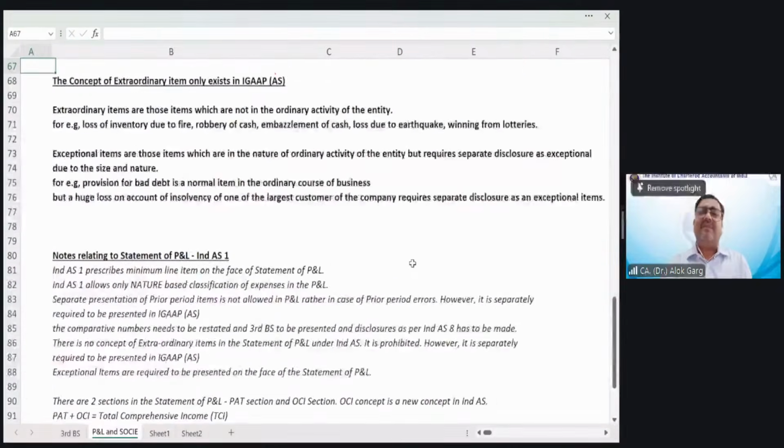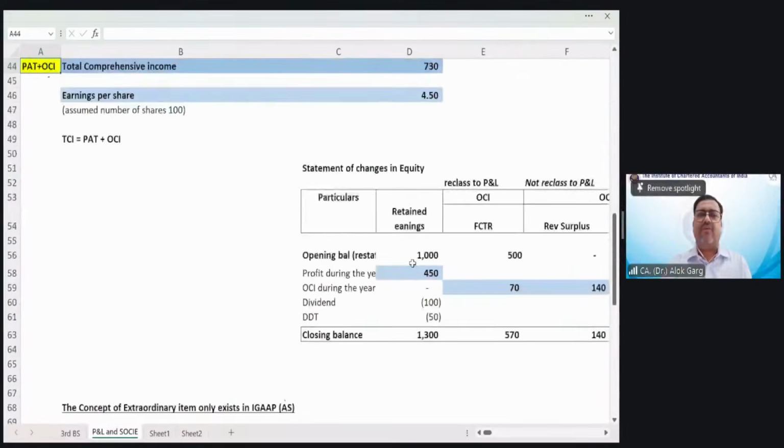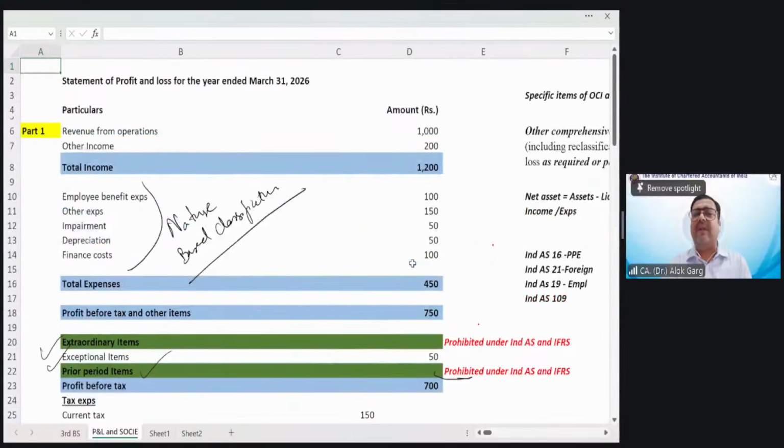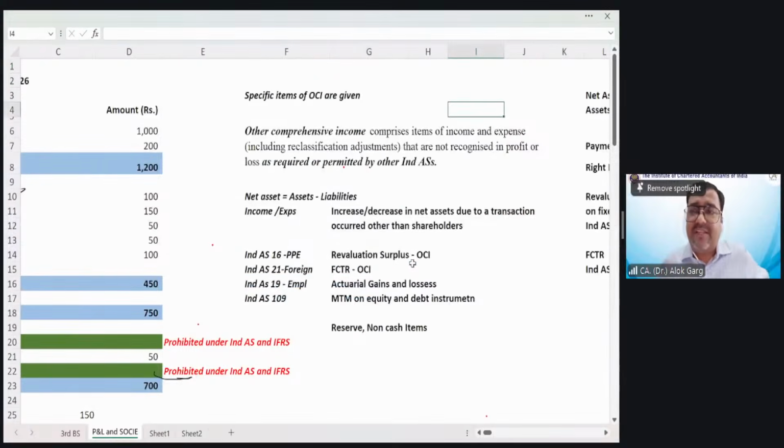Now let's understand the meaning of OCI first. Okay, other comprehensive income. What is this other comprehensive income? Let me explain to you why this OCI exists in Ind AS or IFRS. What is the background behind it? Friends,